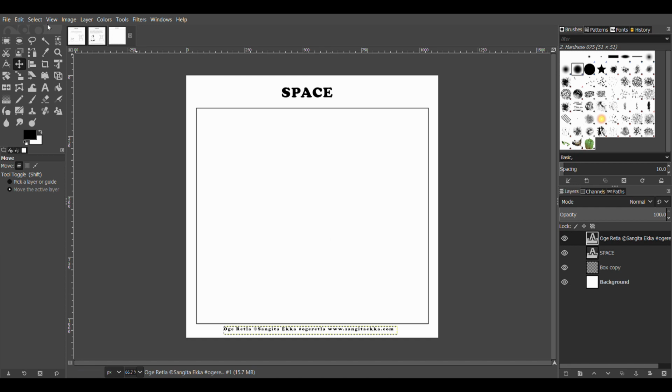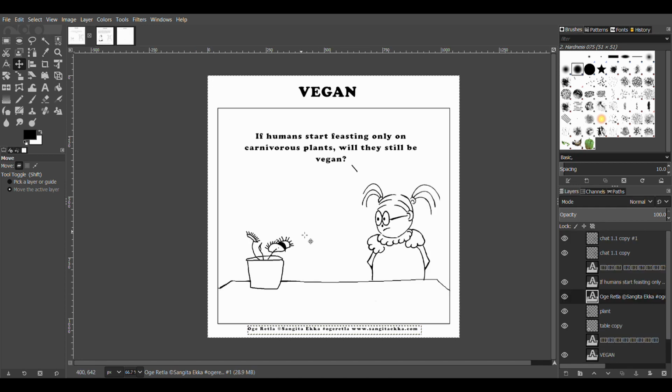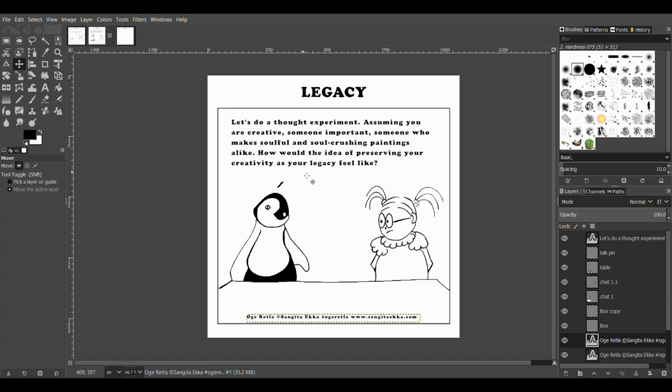As you can see, Ogeratla here is in a particular position. The table is over here, she's looking onto something, and she looks almost exactly the same. So the same idea of taking the box and your signature and the name, you can also do that with these layers as well.